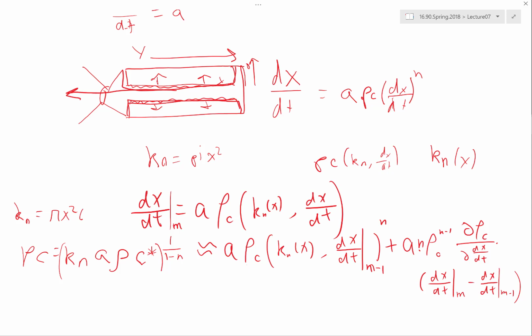That gives you an implicit function of dx/dt as a function of x. So if you code up an ODE solver with ODE45, your function f actually has to involve an iteration, involves Newton's method of solving for dx/dt given x, and return your dx/dt to